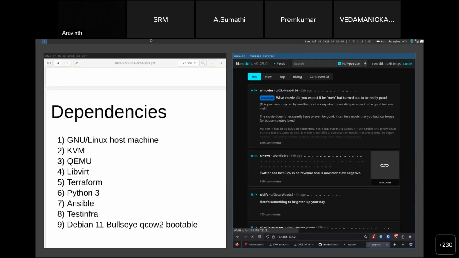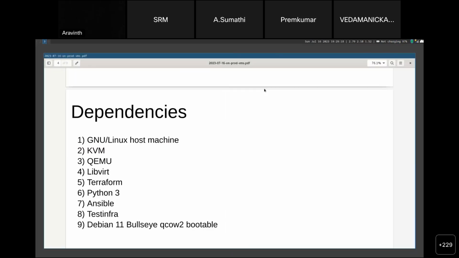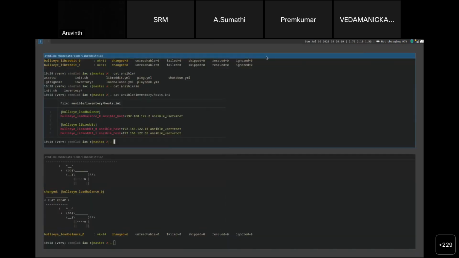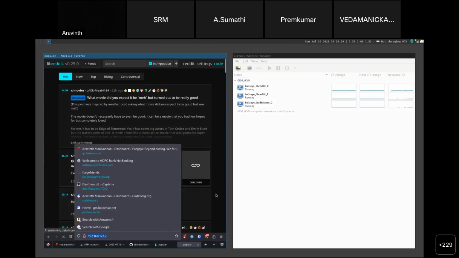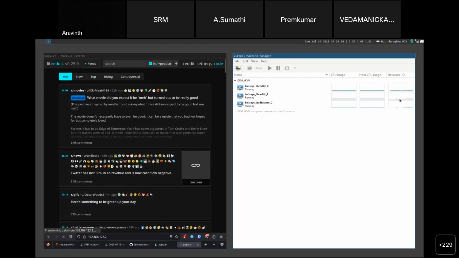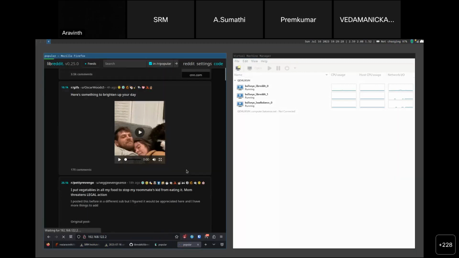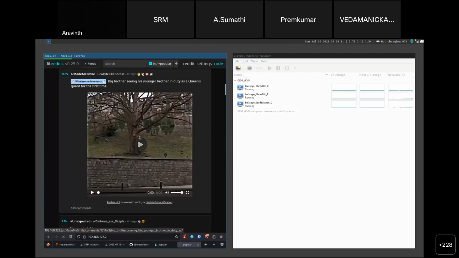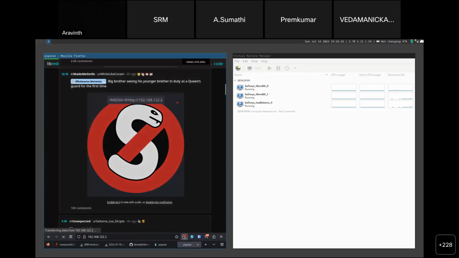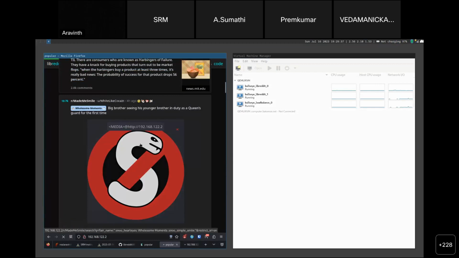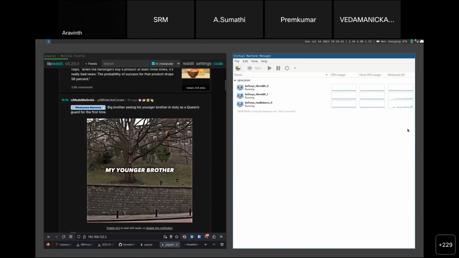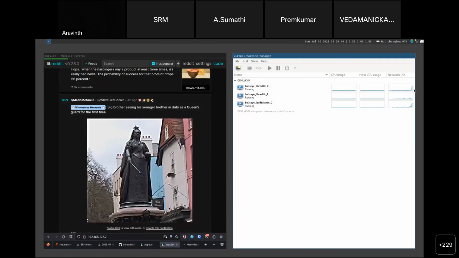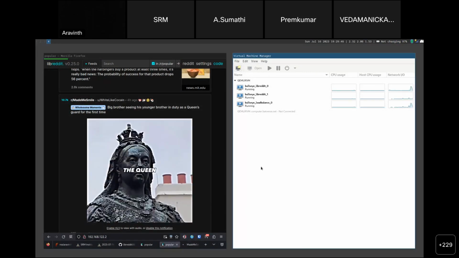But the interesting thing about this is that if I refresh this now, we should see network activity somewhere. And if I play, I'll find some other video. So we see a network spike here that matches this VM. So our load balancer is working.